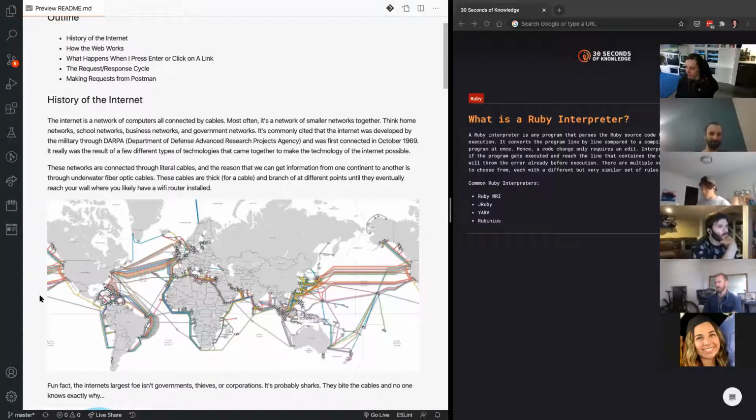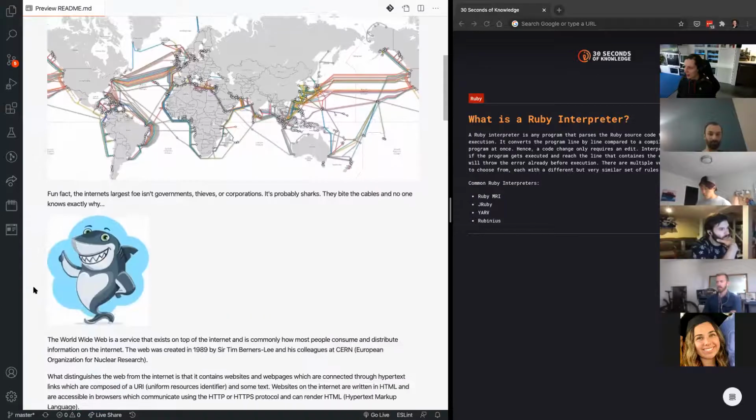And the internet itself is pretty much a network of cables. As you can see in this image, which I think is kind of cool, these are the cables that connect us all. This is how the internet works. We have these fiber optic cables, usually underwater, going through the oceans, and they're there to connect our different machines to each other.